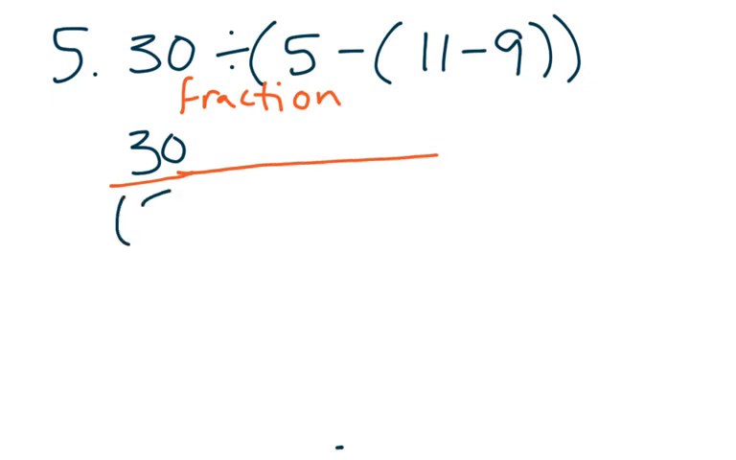So in parentheses you have 5 minus 11 minus 9, because it's divided by 30, it's divided by that entire group. So this whole group is going to have to go in the denominator. So we have 30, and we'll take 30 and divide it by whatever this sum happens to be. So if you take a look at PEMDAS,